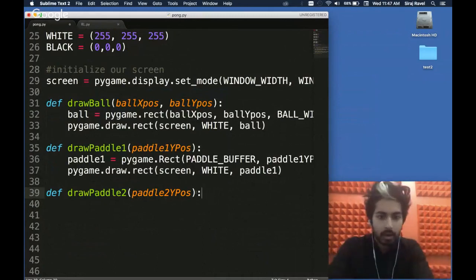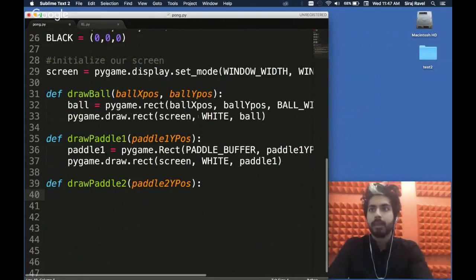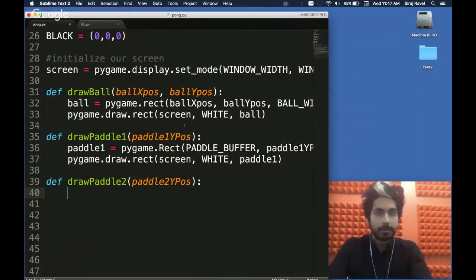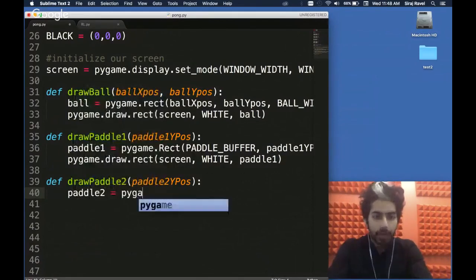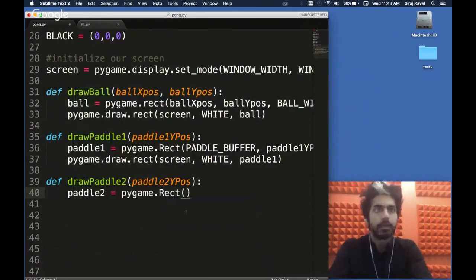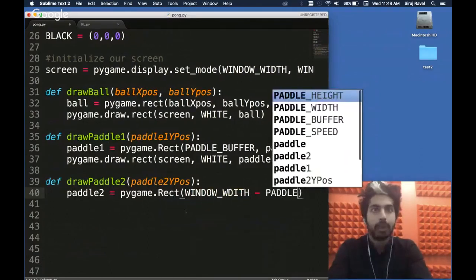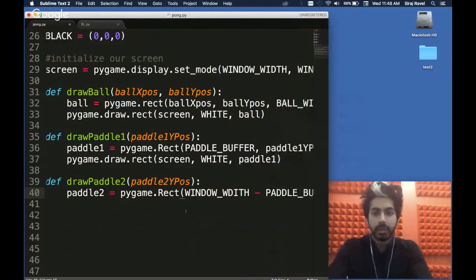Okay, so paddle 2 Y position. Okay, gotta focus here. I'm gonna answer you guys, but I gotta focus. So now paddle 2, we're gonna do the same thing. We're gonna draw it using the rect function, and then we're going to say window width minus paddle buffer, so it doesn't hit the edge of the screen.